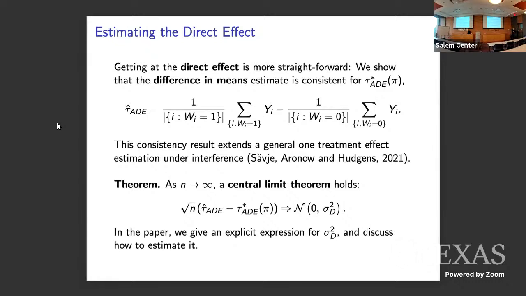You get this variance parameter in the CLT that you need to get right in order to build confidence intervals. And this thing is actually going to depend on interference. It's going to depend both on how you respond directly to treatment and on how treatment effects go through prices. Both are going to have first order effects on this. So if you want to get valid confidence intervals, you need to do a lot more work. In the paper we discuss it. We show how to estimate this.